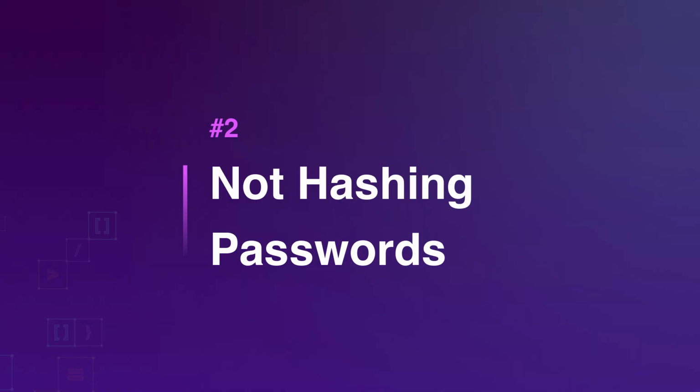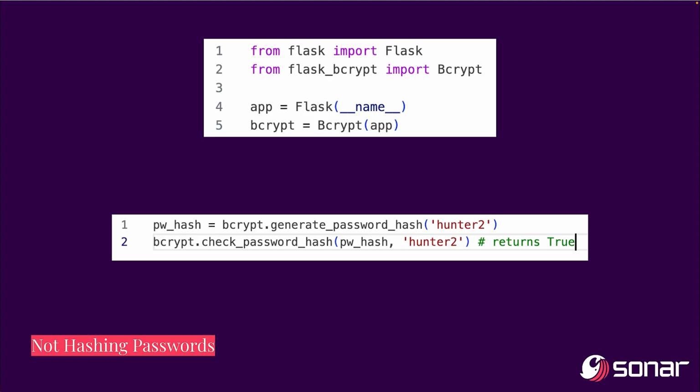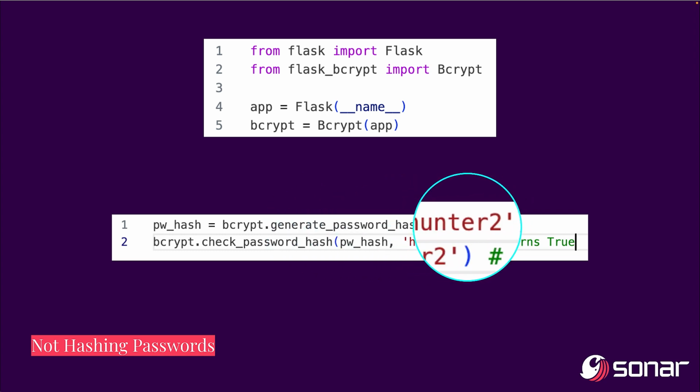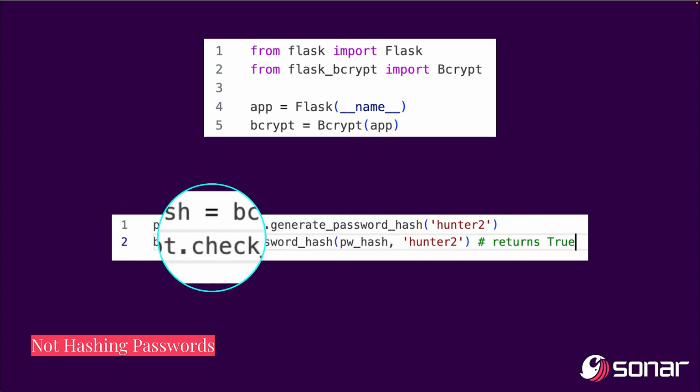Now let's talk about something that isn't really particular to Flask, but I have seen a lot of in Flask applications, which is that there is no password hashing to make sure that your passwords are secure. And in order to do this, you can add it quite easily. You can install Flask-Bcrypt, and you can add bcrypt to your Flask application. And once you have, you can just use it to generate your password hash, and you can also use